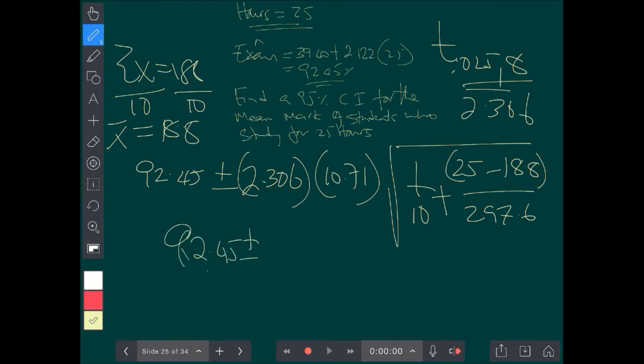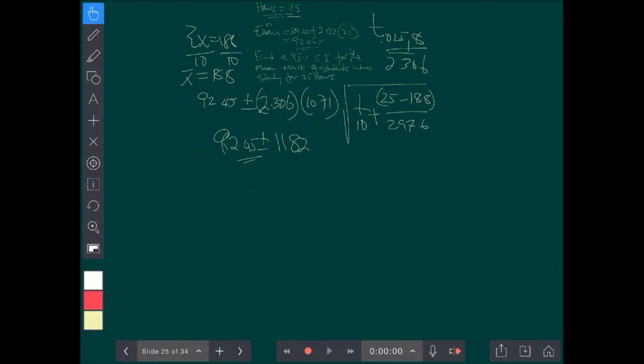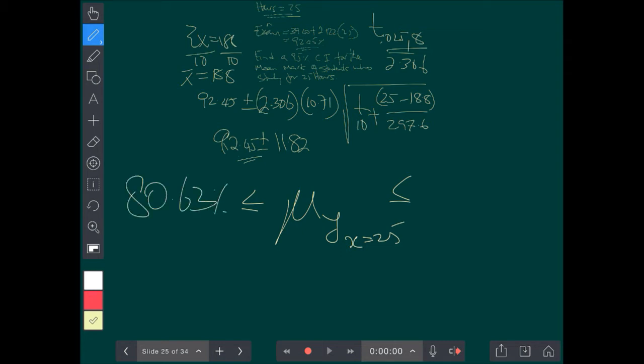When we work this out, we will actually get 92.45 plus or minus the margin of error, which turns out in this case to be 11.82. So according to this, the average value of y for students who study for 25 hours, so the mean value of y when x is equal to 25, lies somewhere between 80.63% and